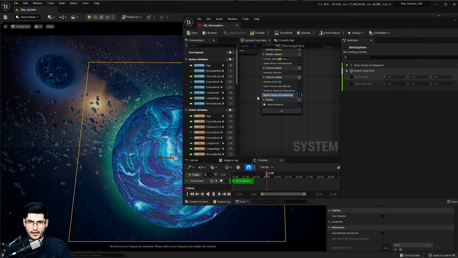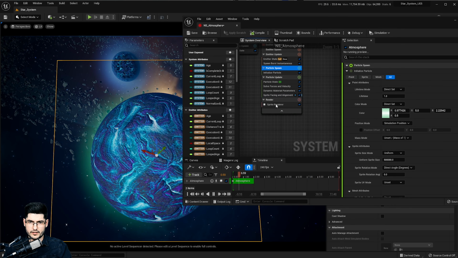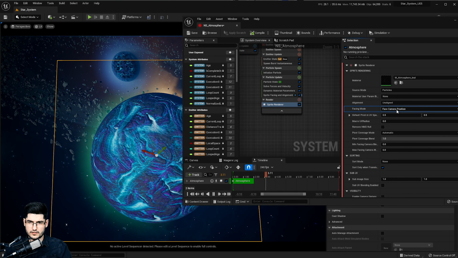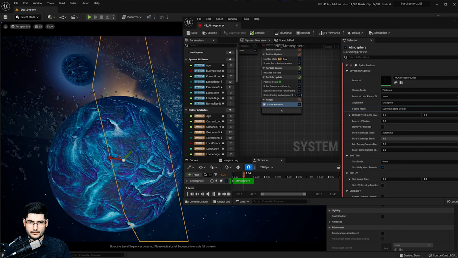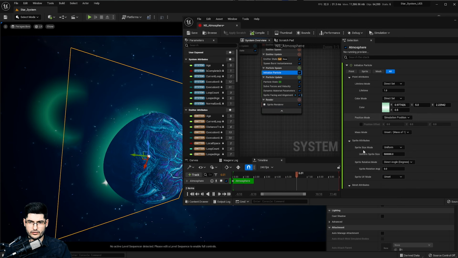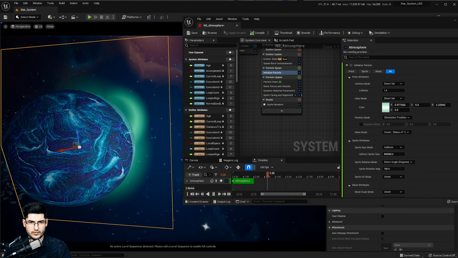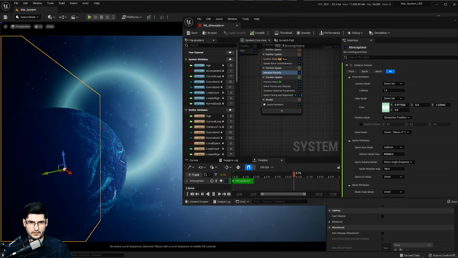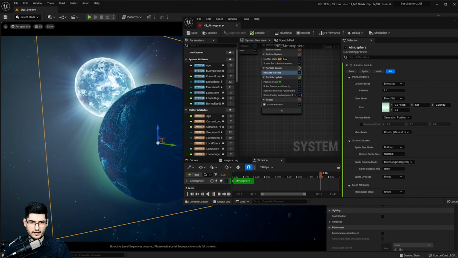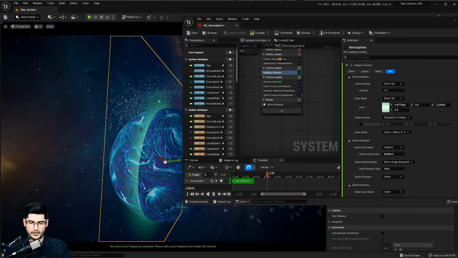But if I activate the sprite facing and alignment, and then I also go into my sprite render and make sure that this is set to custom facing vector, then, you know, that's where it's showing up right now. Let me just go into my initialized particle and maybe do a 180 degrees turn. Okay, so now it's turned, and you can see that the atmosphere is now sitting there as it's supposed to be. So it's no longer moving with the camera, but you can see that it's created this really harsh line because